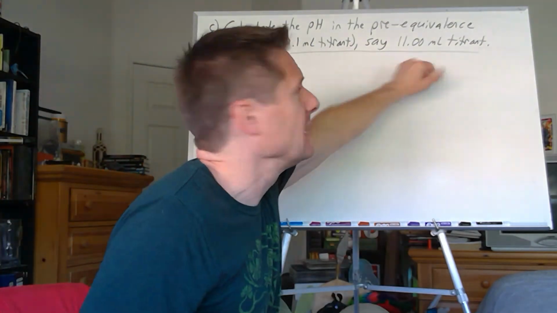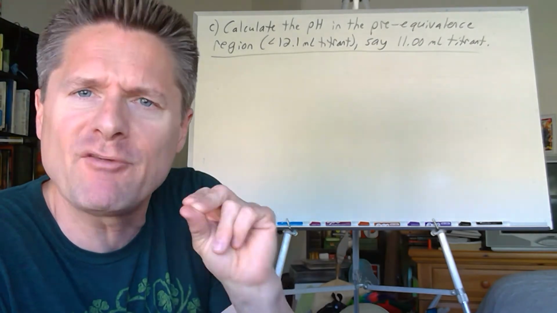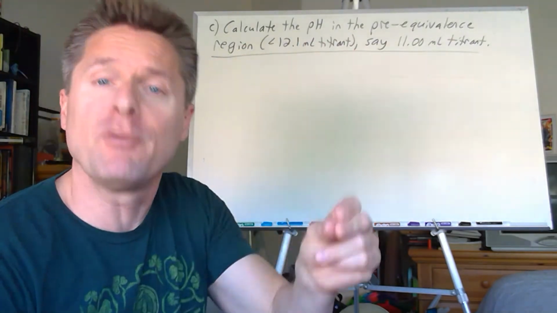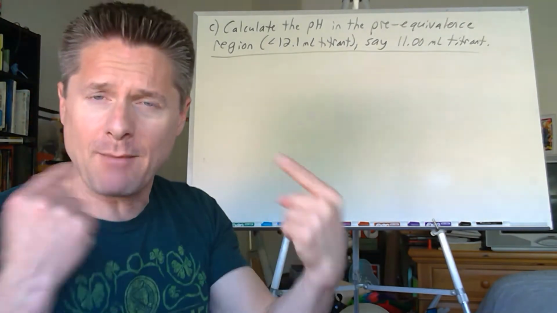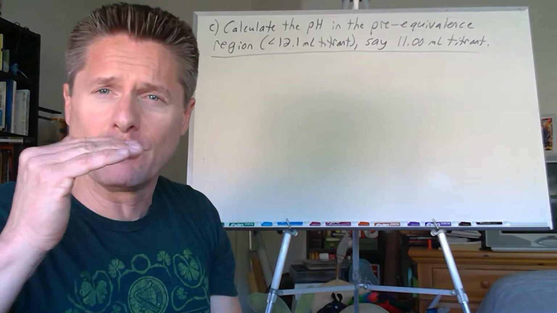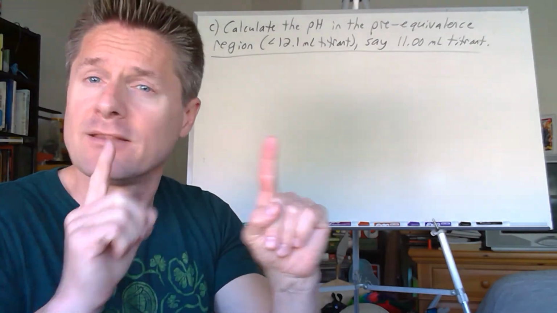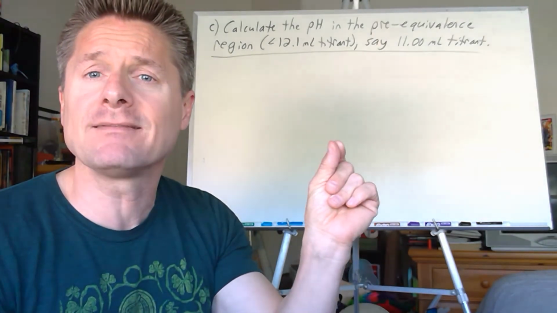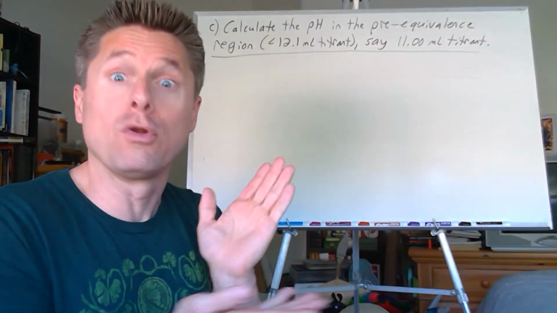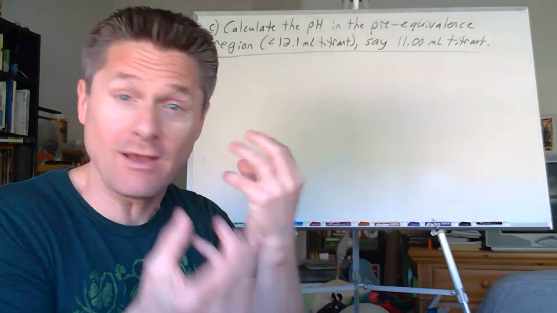So let's just say 11.00. Could have done 11.50, whatever. Let's do 11.00 milliliters of the potassium hydroxide added. What I want you to do is the stoichiometry. Figure out the initial millimoles of acid you started with, figure out how many millimoles of base you added, and subtract them. The base runs out, and you'll have leftover millimoles of acid. Divide that by the total volume. Remember, you added 2 different solutions, so you need to add the 2 volumes of the acid and the base together